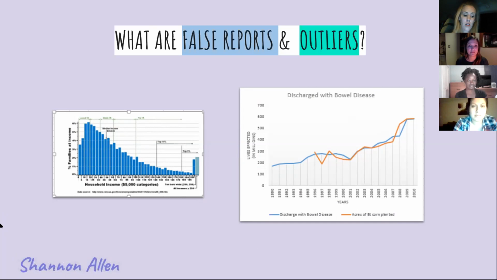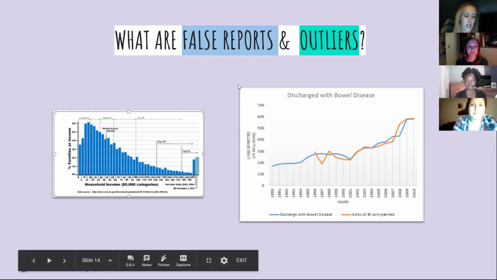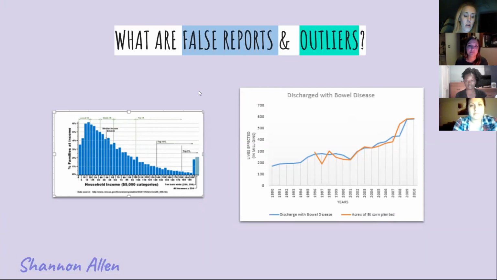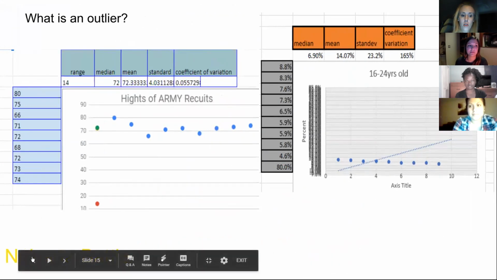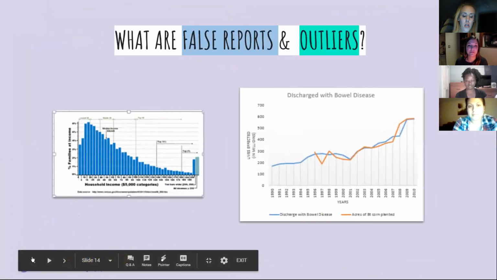So now an outlier is a point of observation distant from all others, and it's usually indicative of an error that causes problems with the analysis. There's a texting and driving report that demonstrates an outlier for the 70-plus age range. I didn't have room to put that one on here, but it shows the effects of changing even one number: how it will skew the graphs, and so the information will be off. So standard deviation and coefficient of variation in the spread of data will all be affected if you have an